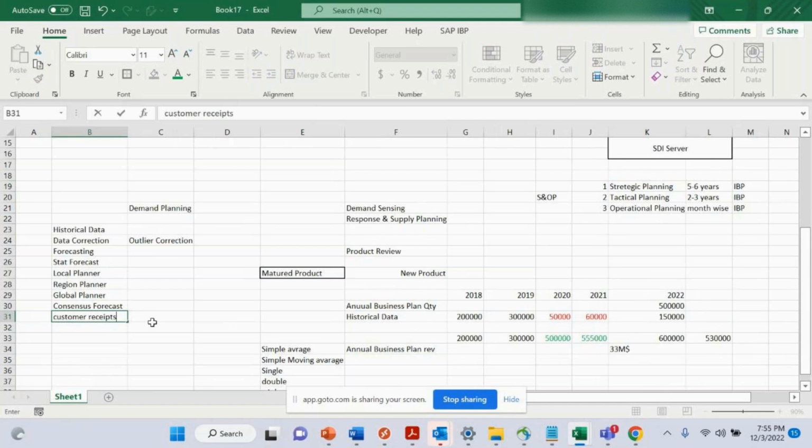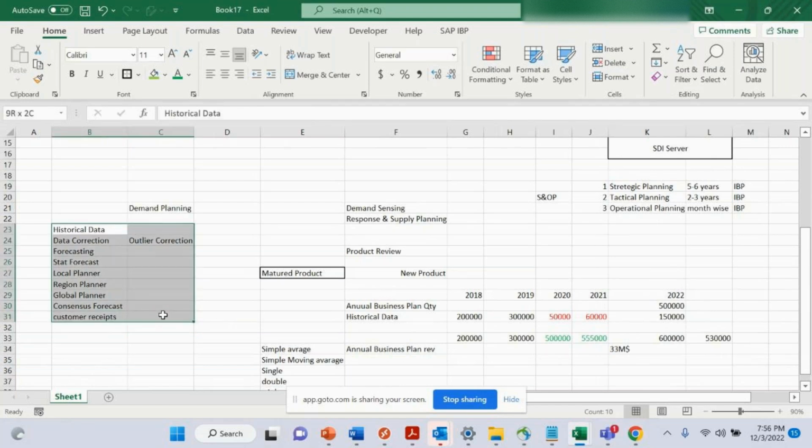Now receipts are always lesser than what my sales team has forecasted. So this is the overall process of business, from the historical data load to the receipt part. It is a very high-level view. Now when we go down and take a deep dive into all these parts, then we will discover